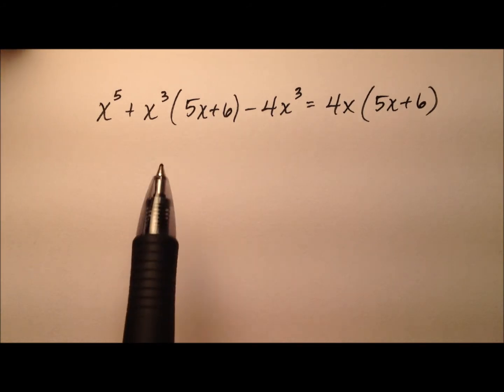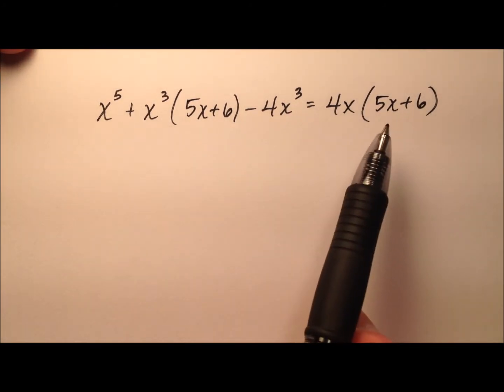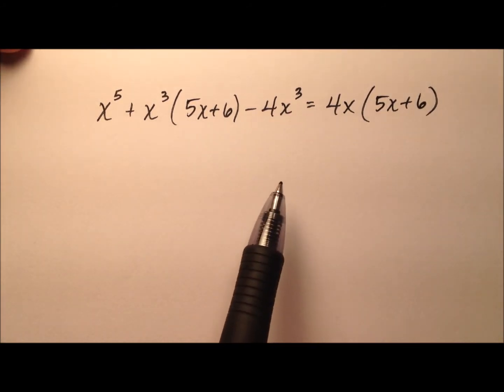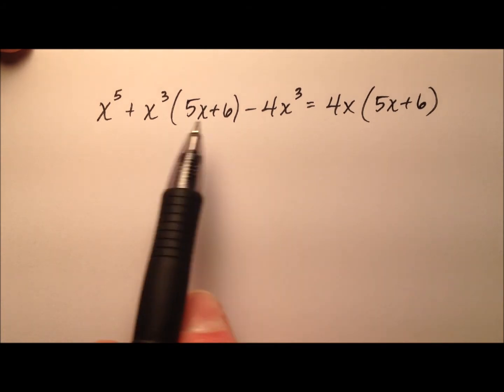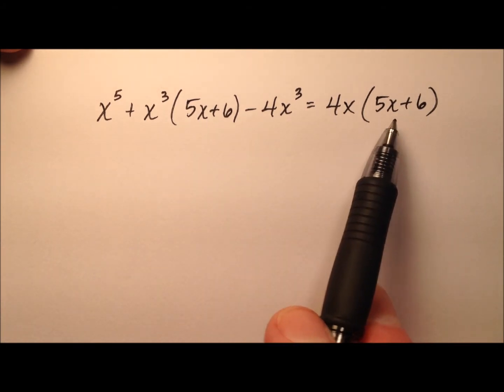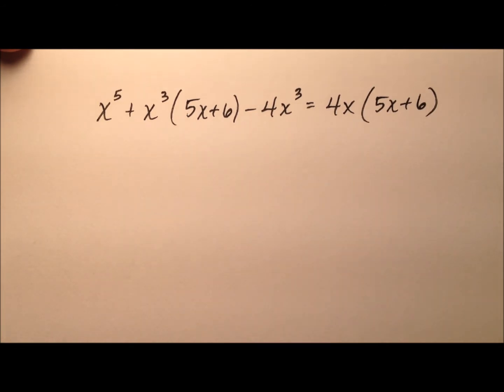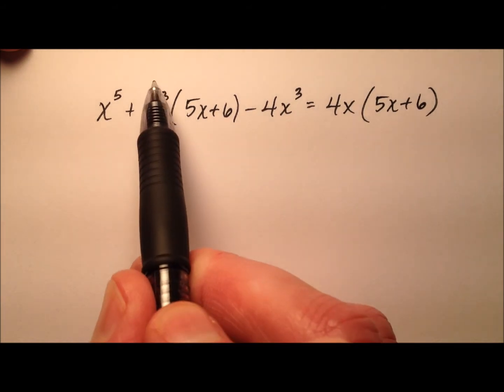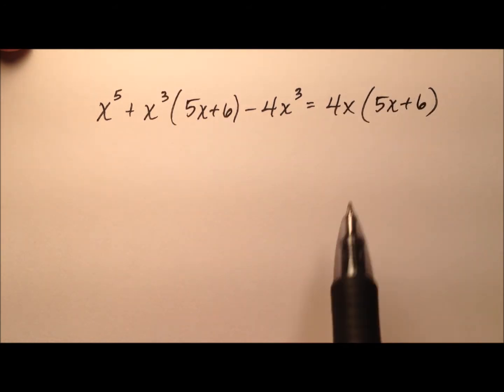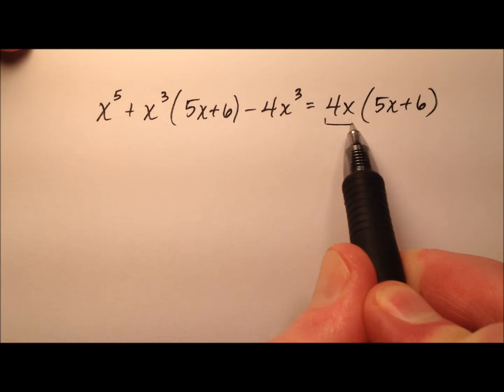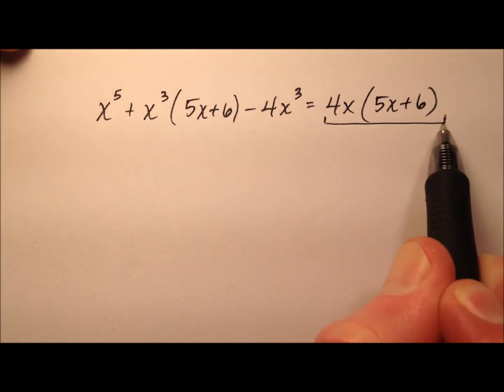In this video, I would like to solve this equation, and I'm going to do it by factoring. Maybe you caught the first video when I solved this a traditional way by distributing, getting all the terms on one side, and then factoring by grouping. Well, I would like to try a different strategy so I can accentuate something that's possible when you're dealing with expressions. So instead of distributing initially, I'm going to leave this as a whole term,